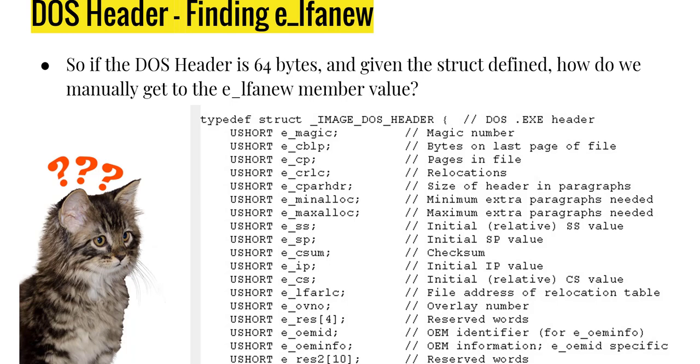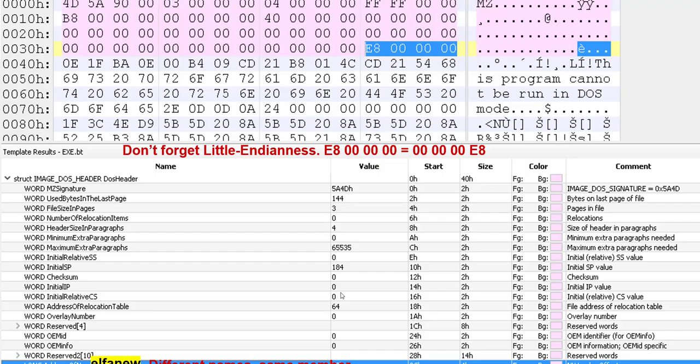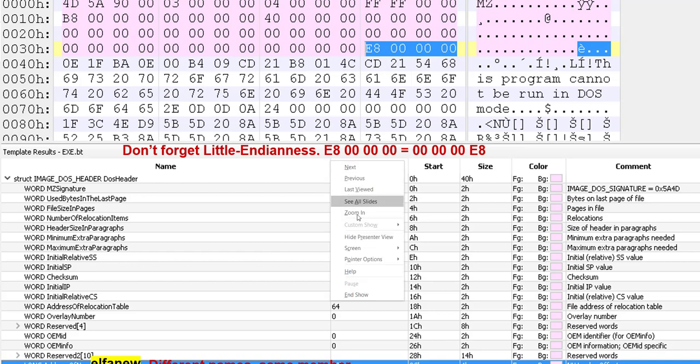So how do we find LFNU? We've already kind of covered this. We have the first 64 bytes of the structure, and then it's simply down there at the bottom. And over here, again, we can see another depiction. We're in a specific tool. This is a hex editor. The hex editor is called